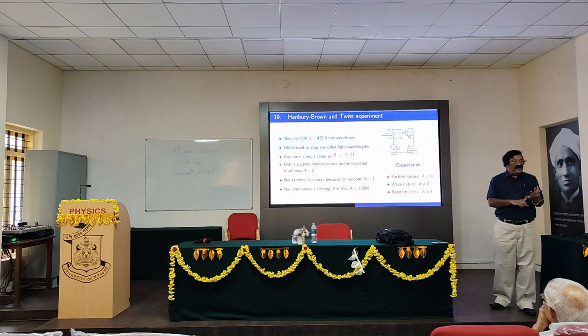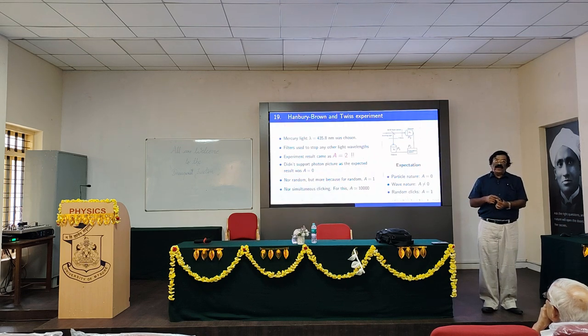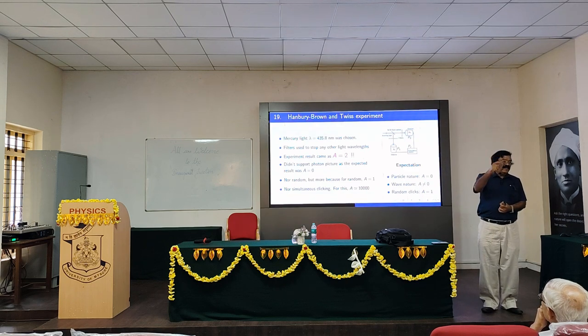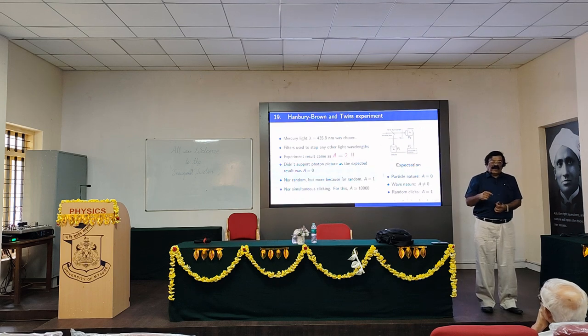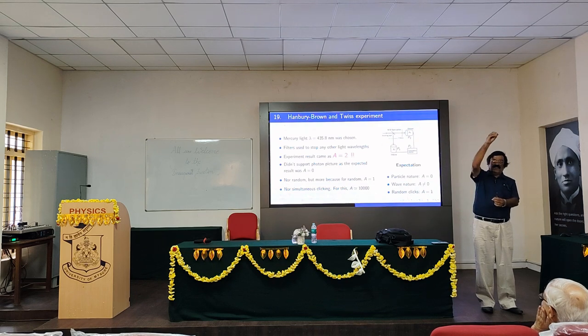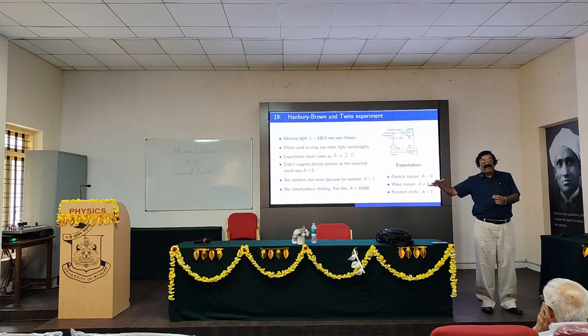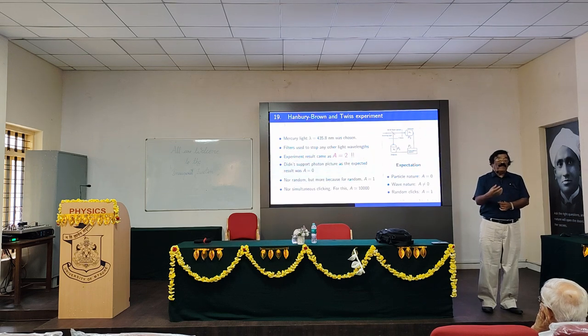You have heard about the two-slit experiment and the Michelson interferometer. They look at the correlation between the electric field at one place and the electric field at another place. This is called spatial coherence. In the Michelson interferometer, you look at the electric field at one time and the electric field at a later time at the same place, because this goes and comes here, this goes and comes here. Suppose you change the path difference, this will come later. So you are comparing the coherence between electric fields at two different times. This is called temporal coherence.